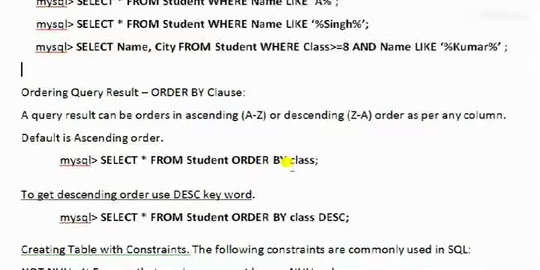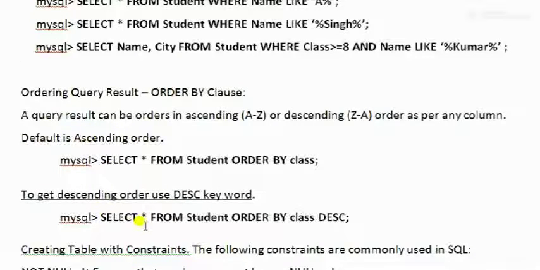on the basis of class, in which order? In ascending order, because no order type, ascending or descending, is written. So by default it will be ascending order. If no type of order is written, it is assumed that the default order is ascending order.